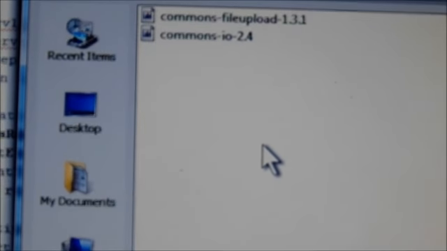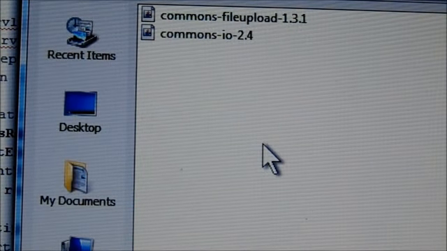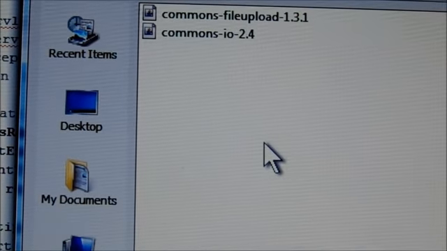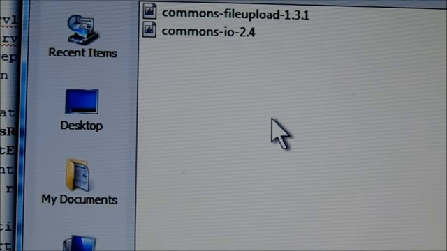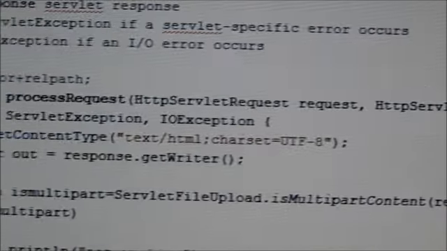Select the first, you can easily find them if you upload this file on any server, and then select them, and click on open. Click on open. Then this is added in your project. Actually I have already added it, that's why I am not adding it again.